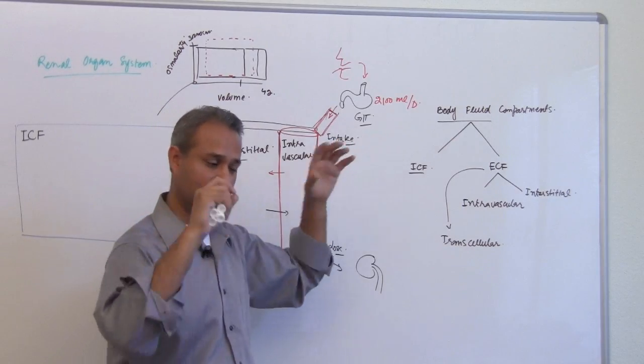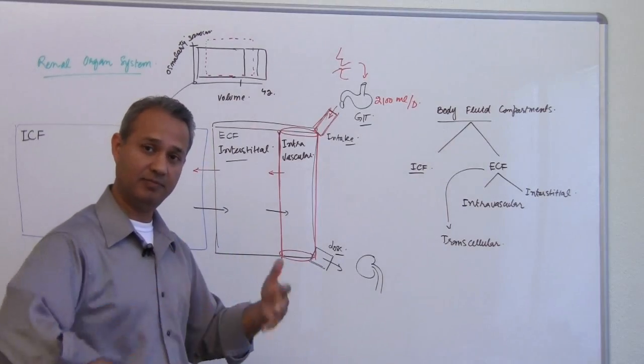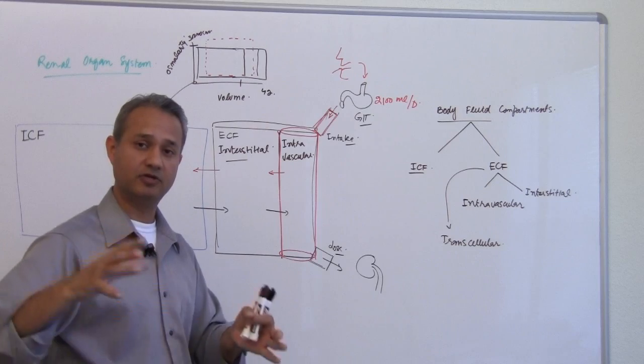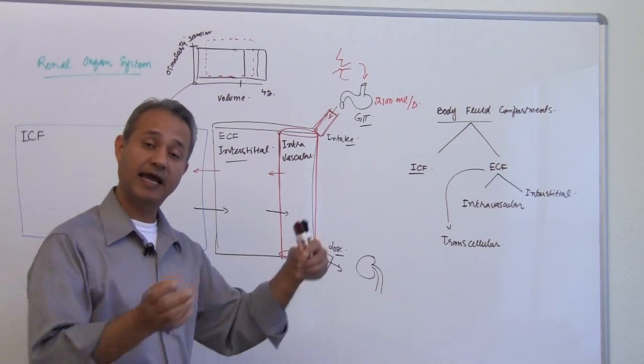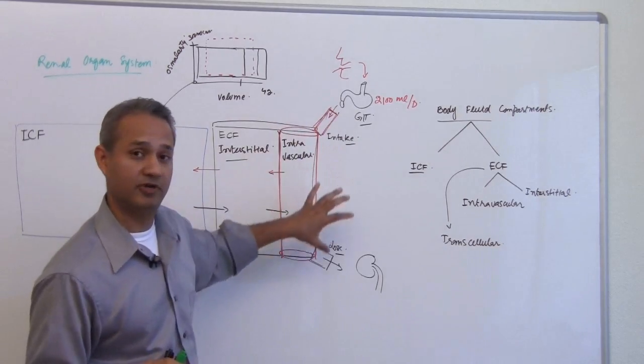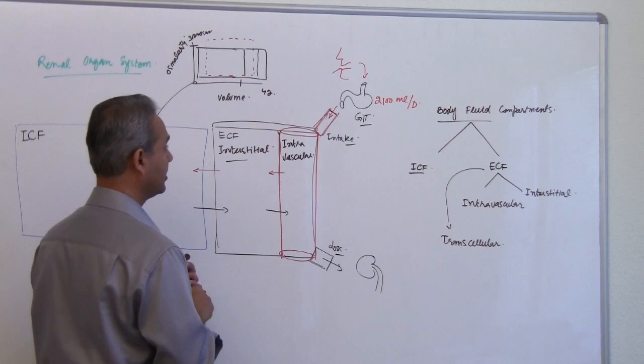So do not forget these. We are going to use all of these concepts as we build up on the body fluids. We are going to use them in two primary areas: the renal system, and the cardiovascular system. So be very careful for what we are working through. Okay, the other way of